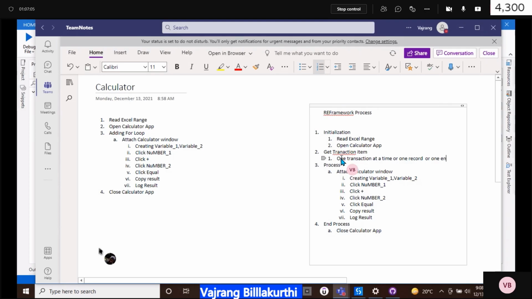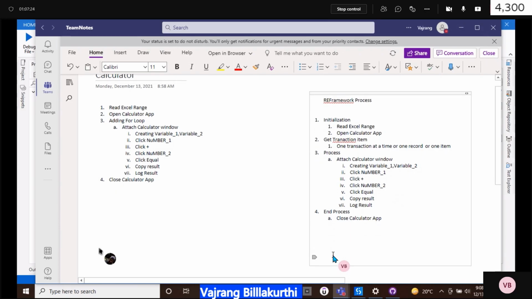One entity, one item, not one field value. So transaction or record or item, everything it will give us. Let's say that there is a list of names.